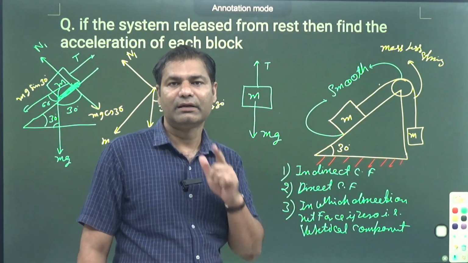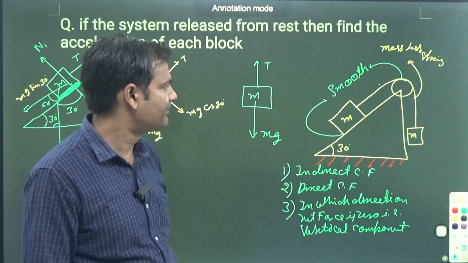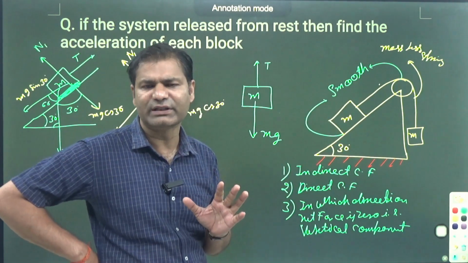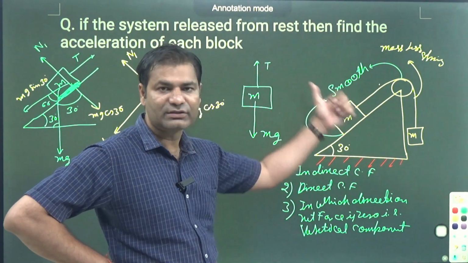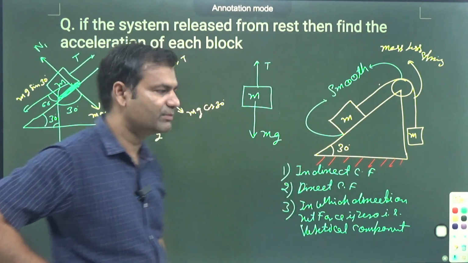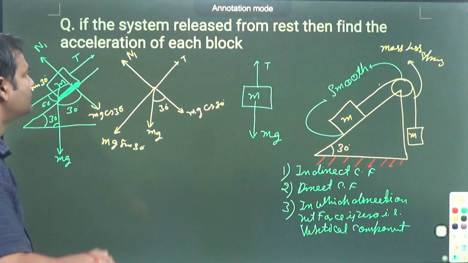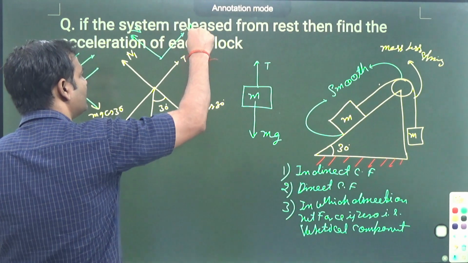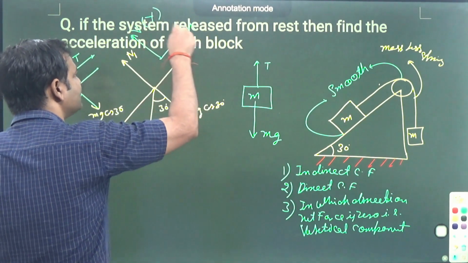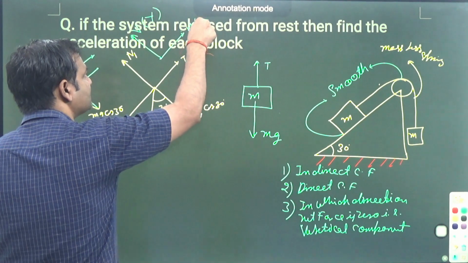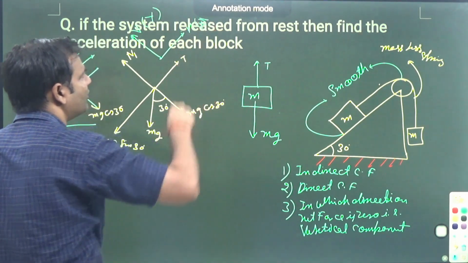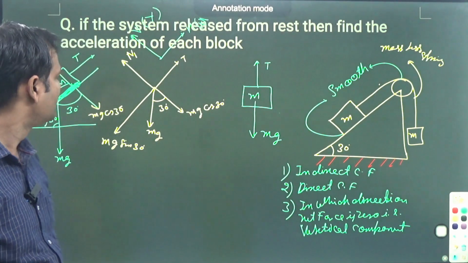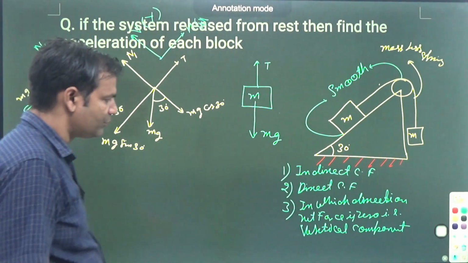So you can say that this is the vertical component. How can we select it? Net force along this direction is 0. So that is the vertical component. Simple. Clear? So here is the vertical component and here the horizontal component. Vertical component is called the y-axis, horizontal component is called the x-axis. Capital X-axis and capital Y-axis. Clear? So after that, fourth point,